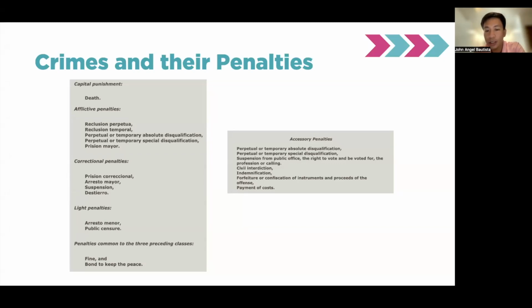So meron tayong tinatawag na accessory penalties, yan nandiyan naman lahat 'yon. Civil interdiction, pinagbabawalan ka to exercise some of your civil rights. Sa indemnification, pwedeng maging aside from yung penalty mo, pwede kang pagbayarin for example, may nasira